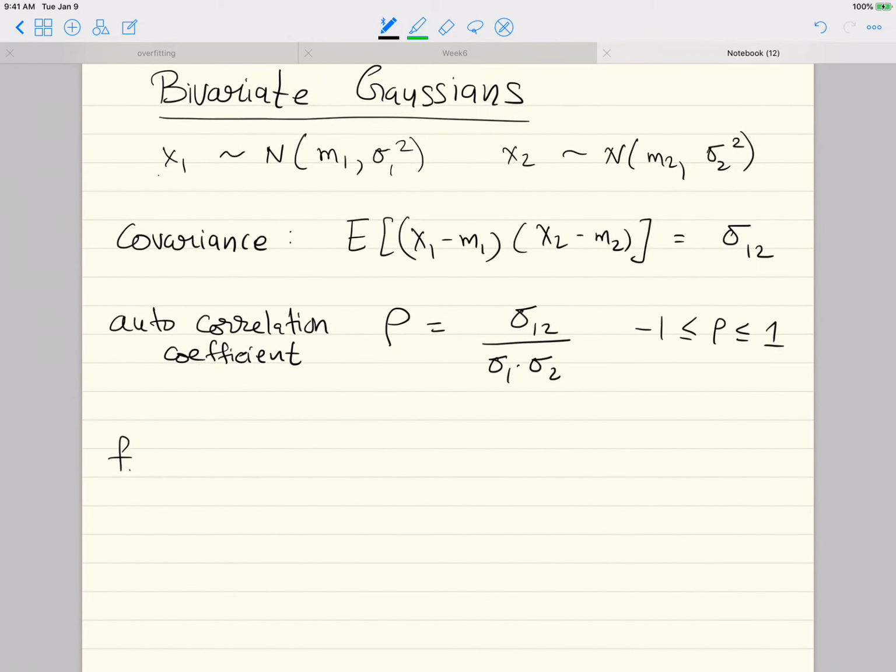Now, if we look at the density of x1 and x2, if x1 and x2 are jointly Gaussian, then the density can be expressed in terms of the correlation coefficient and the means and variances. And this is given by the following. It's exp